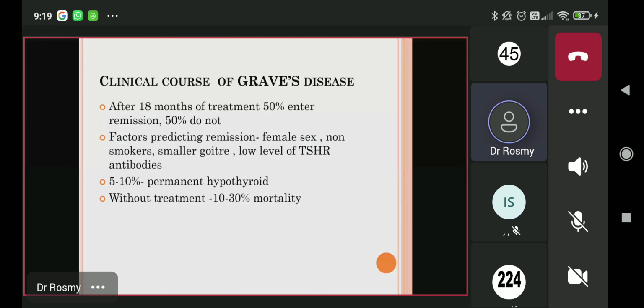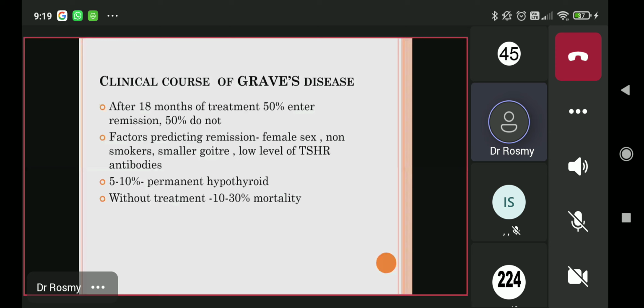It is not that in a month or in 2 months it will be normal. So the patient will ask you, how many more days should I take this medicine? So you'll have to tell them it takes a long time. It is around 18 months that the disease will take to improve or disappear or remit. Even after 18 months, only 50% of patients will have a remission or symptom improvement. 50% will not. So whom do you expect there will be improvement in?